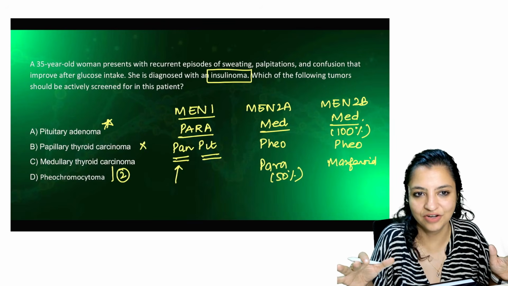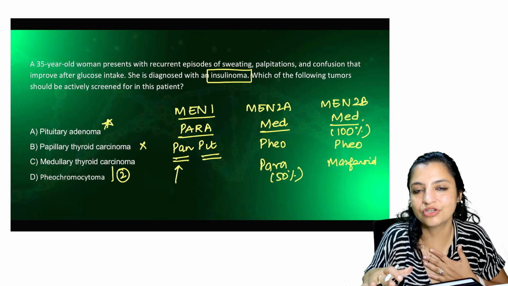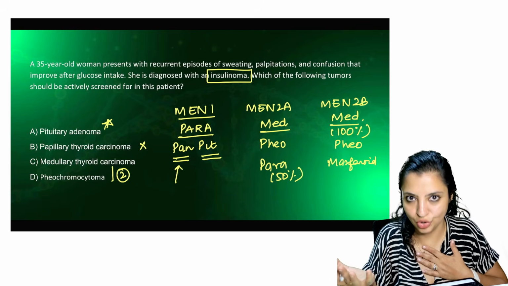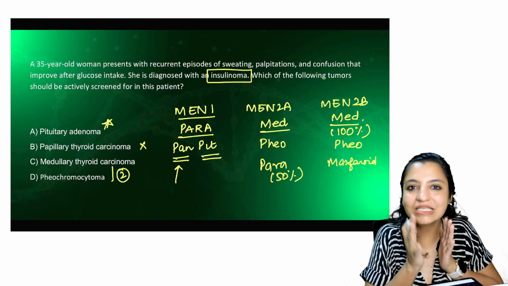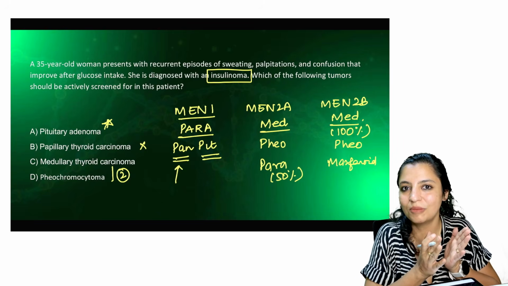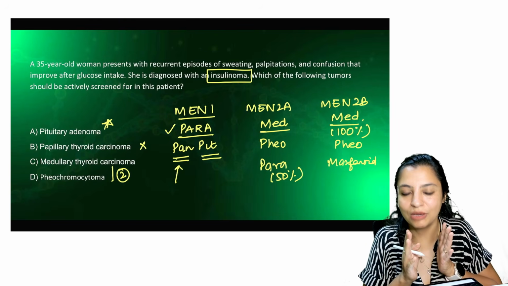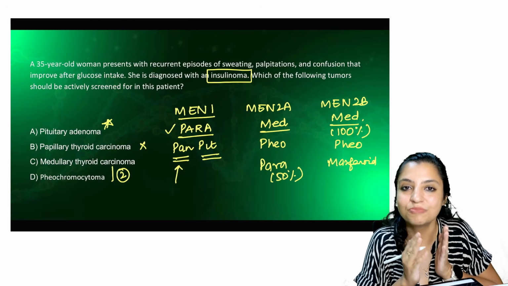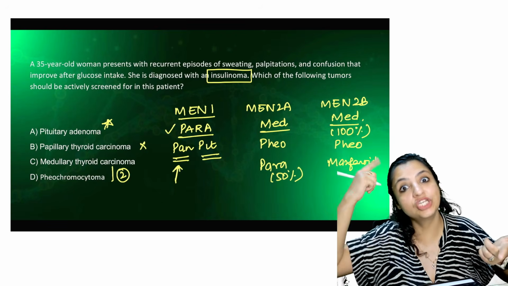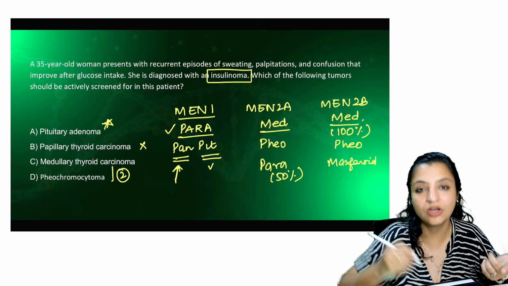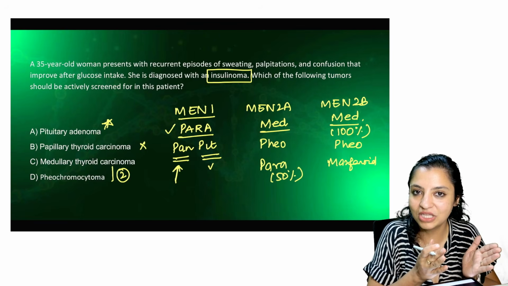This is one of my favorite questions and I keep telling students all the time again and again. This was the classical history. They gave you history of insulinoma and they asked you which tumor should you look for. That's so typical. I've told you the story of MEN, if you've not forgotten. MEN 1 is when you don't go to the medical college, you are still a chota bacha, pyara bacha. So you are 90% pyara bacha, so you have parathyroid hyperplasia. Now the name of this bacha is Panpith. So he has a pancreatic lesion, that is insulinoma, and you have to look for pituitary adenoma in them. Okay, so you have to search for pith. Pan is there, pith has to be searched. So that's MEN 1. So it is pituitary adenoma that you have to search.